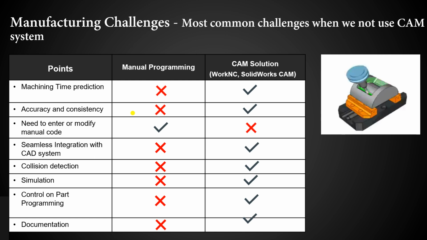Then after that, seamless integration with the CAD system. In manual programming, we have to mirror our whole program from the 2D CAD drawing. We have to select the origin coordinates. After that, we are engaged approximately 2 to 3 hours with our manual programming. But in our CAM solutions, we can also draw our CAD, and also we can modify our CAD